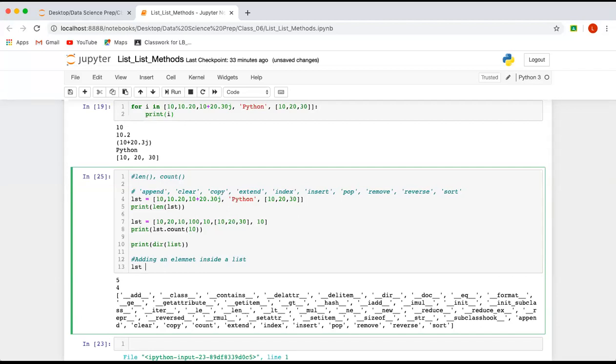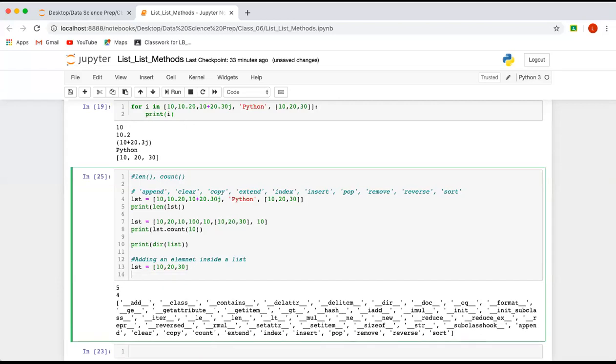So let's say you have a list, lst is equal to 10, 20, 30, and you want to add one more element at the end. So you will do print lst.append and add the element here. Yes, dir is directory. Dir tells you what all functions are available to you. So we are checking with dir of list, in the list object what all methods or functions are there for us to use.